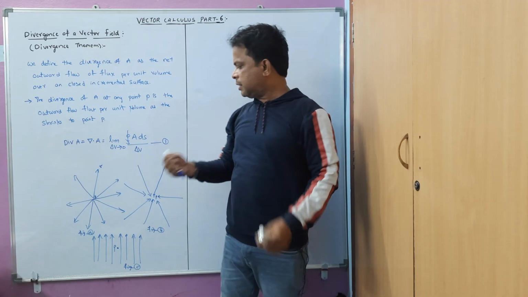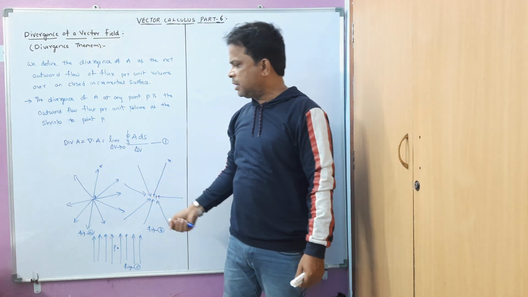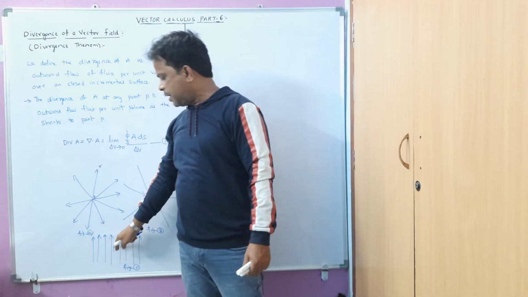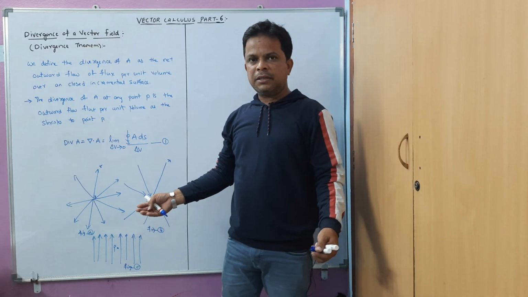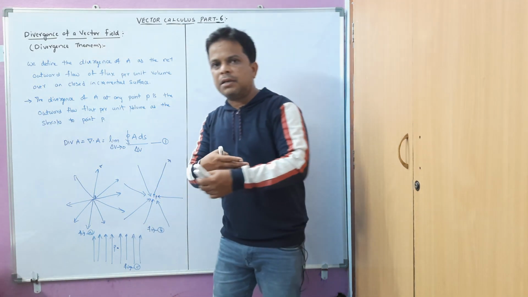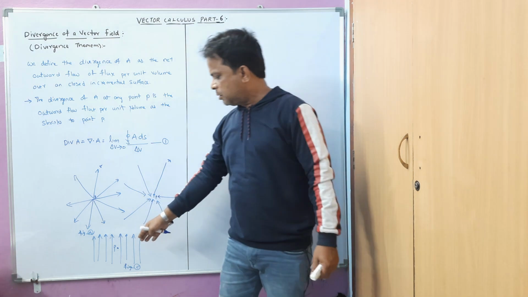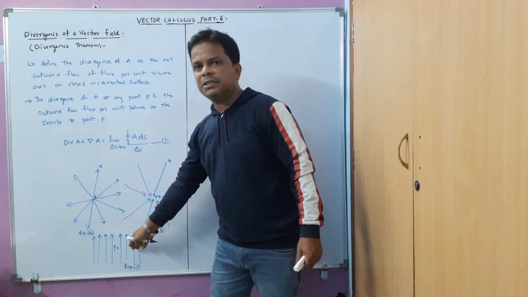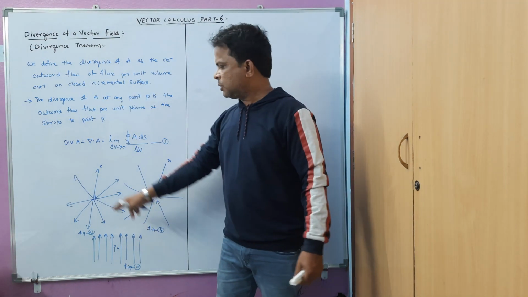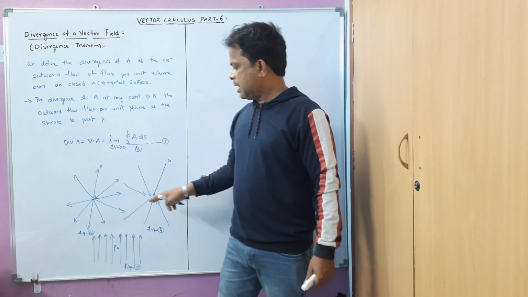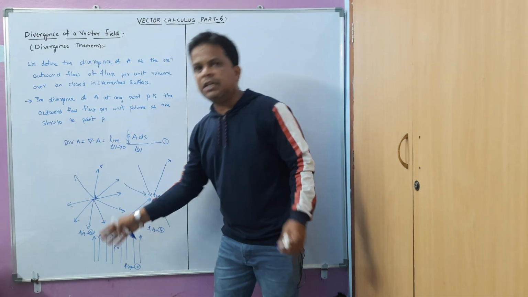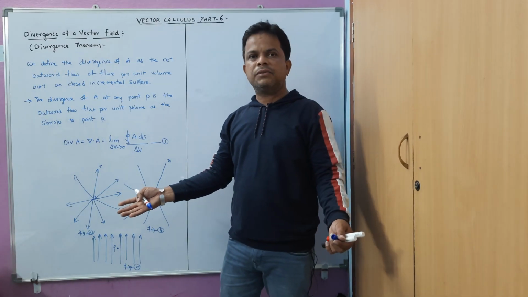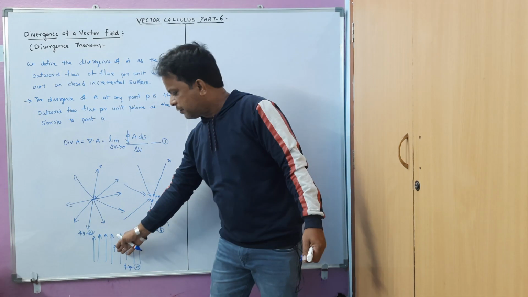So that type of divergence is known as negative divergence. And you can see the third point is not having any effect, that is, the flux lines are passing through that point. So this type of divergence is known as zero divergence. Okay, so this is a positive divergence, this is a negative divergence, and this is a zero divergence because the flux lines are not affected by this point.